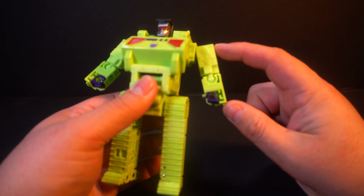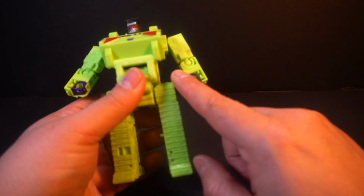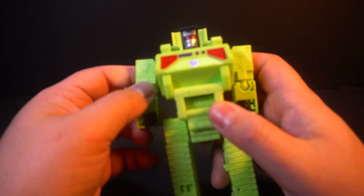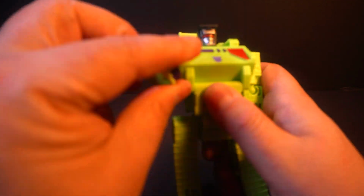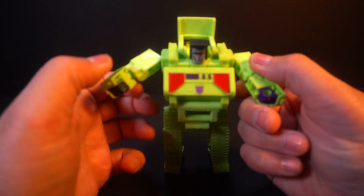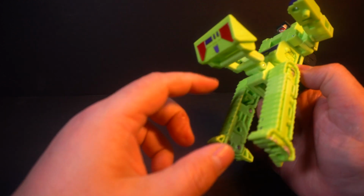And the arms are so stubby. Look how stubby those arms are. And the hands, they just painted them purple. And of course, you can see right there, it just is goofy. And again, it's a deluxe class figure, so, you know, I get it. And then the chest piece,